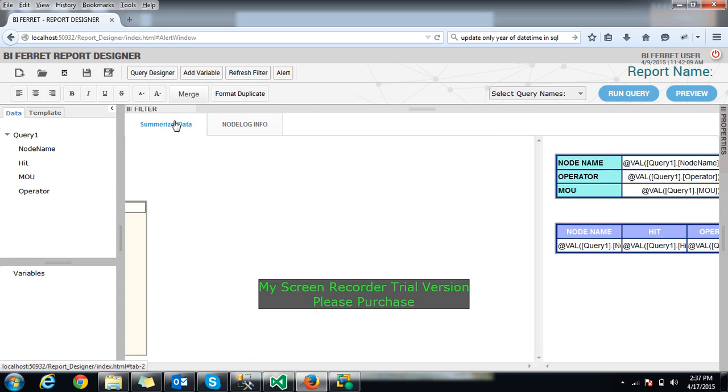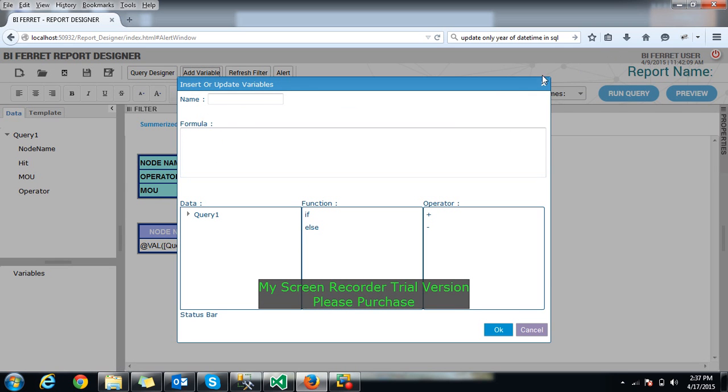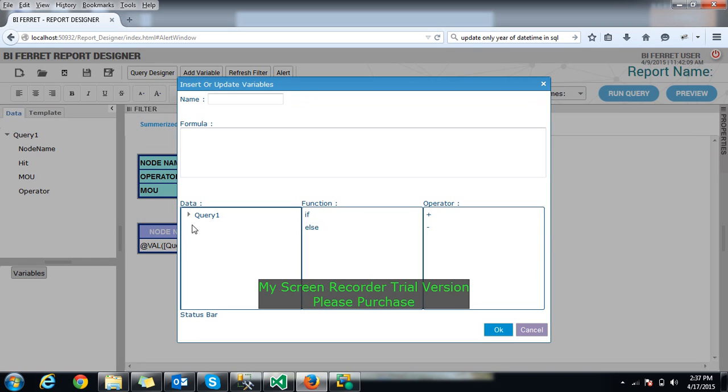And another thing is variable. We can see a variable. We can add a variable by clicking this add variable option, or we can just right click here and add new variable, and we have to give a variable name with no space, and no dollar type or Unicode type character can be set here. We have to give valid characters like numbers, text and underscore. So I'm giving a name